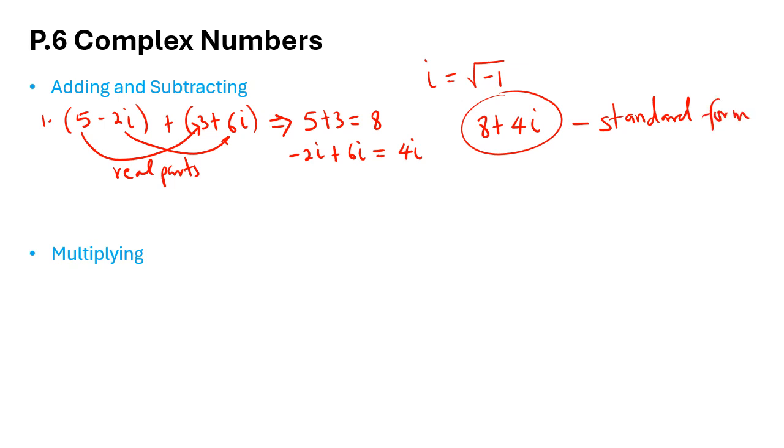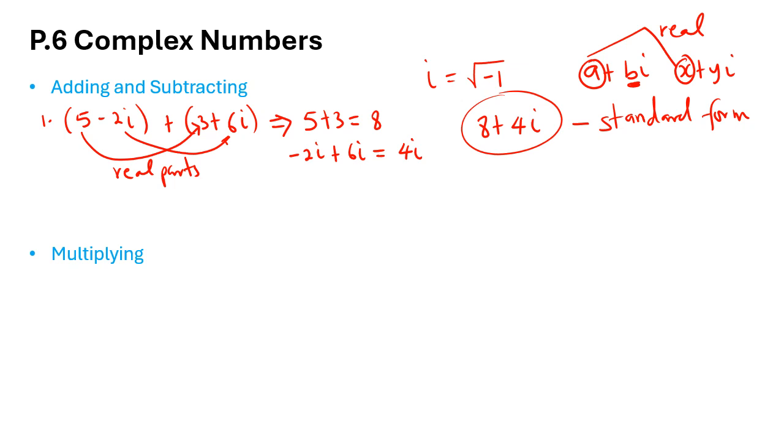To write a complex number in standard form, you want it to be a plus bi or x plus yi, where a or x are real numbers,